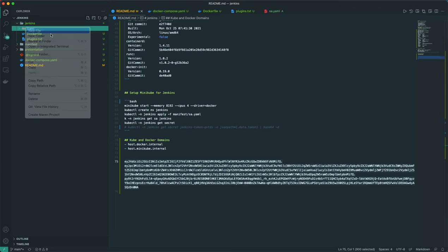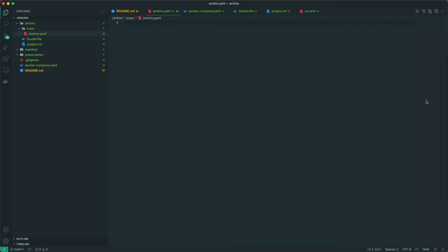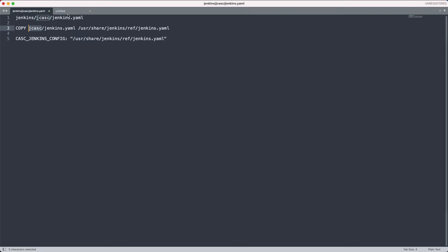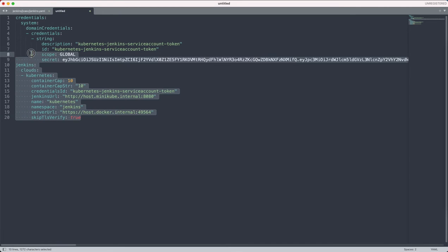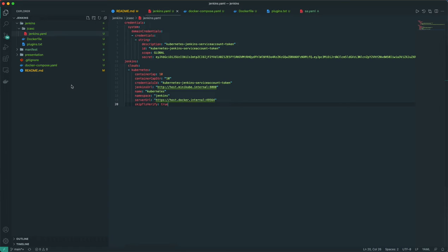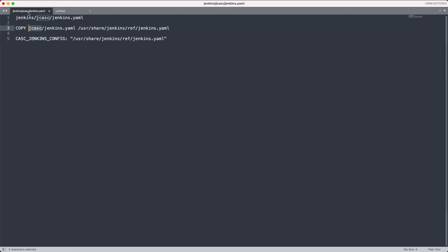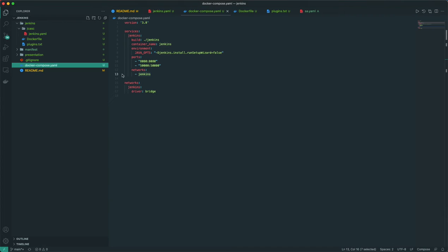Here, a new file, jenkins.yaml. Here we have to give this content. Now we have to make a small modification to our compose file. This environment variable we have to set.